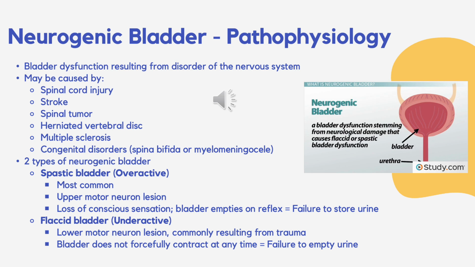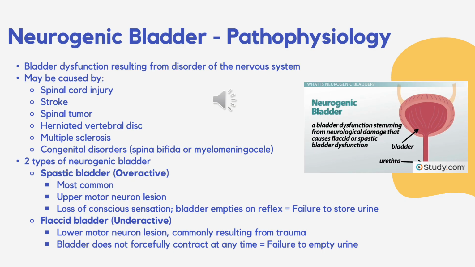And this type results from lower motor neuron lesions, such as those caused by things like trauma, multiple sclerosis, or spinal cord injuries below the level of T12. So in this case, the bladder can't contract effectively to be able to empty itself, which leads to urinary retention and overflow incontinence. So sensory loss will often accompany this condition, meaning that the patient may not feel the discomfort despite the bladder becoming greatly distended. So this type of neurogenic bladder is increasingly recognized in diabetic patients due to the impact of neuropathy on bladder